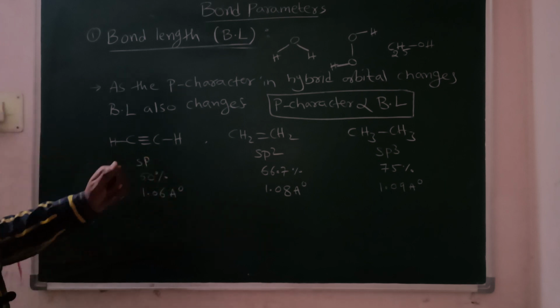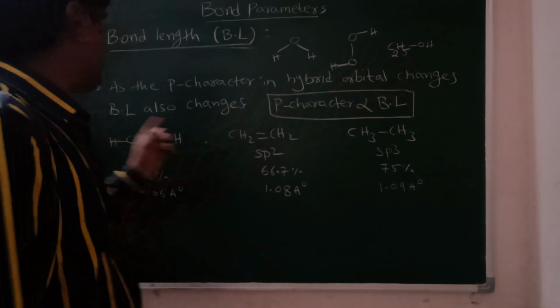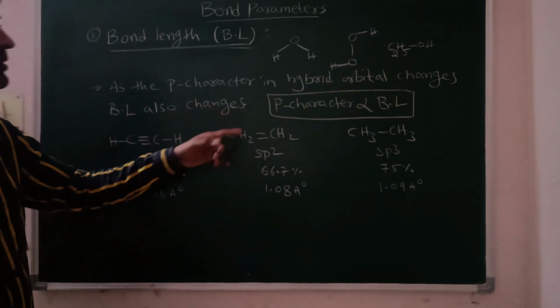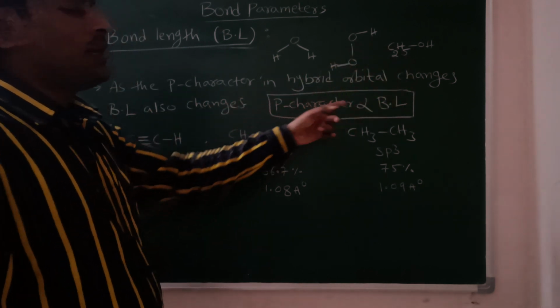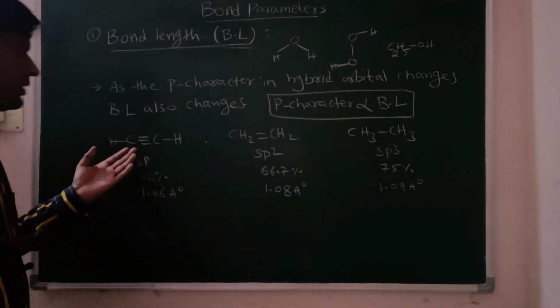So this is the second one. As the p character in the hybrid orbital changes, bond length also changes. How does it change? Both are directly proportional. P character is directly proportional to bond length. Example, acetylene,